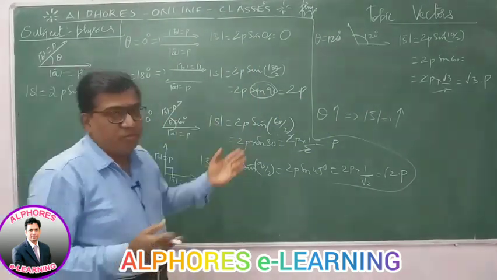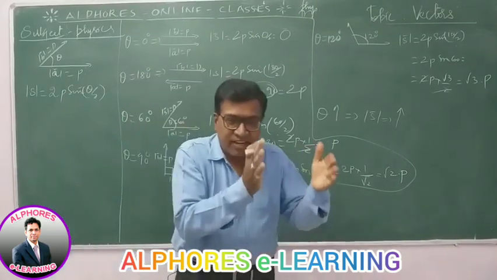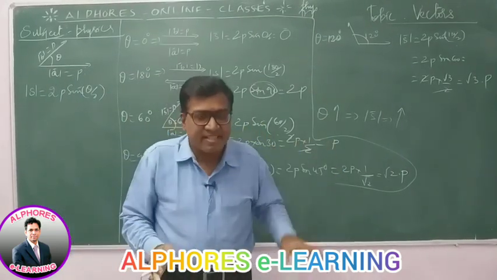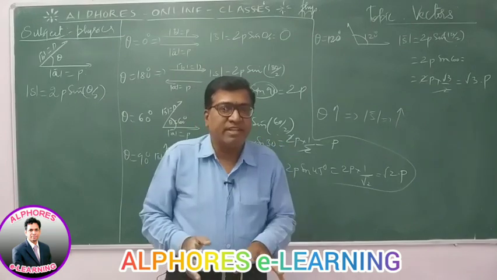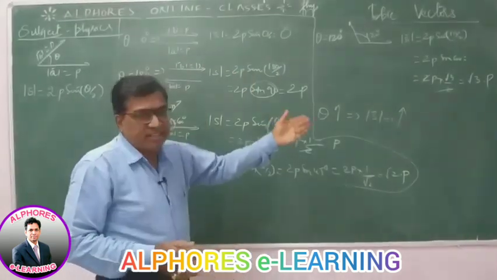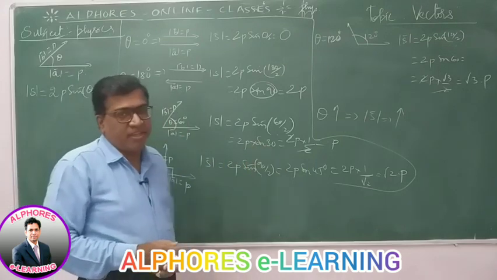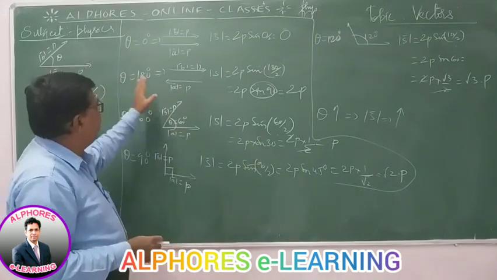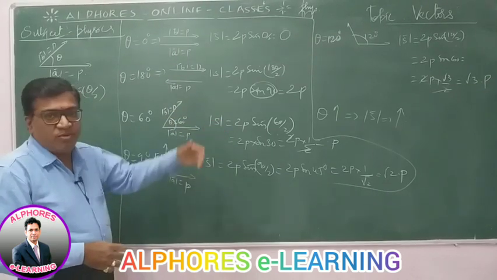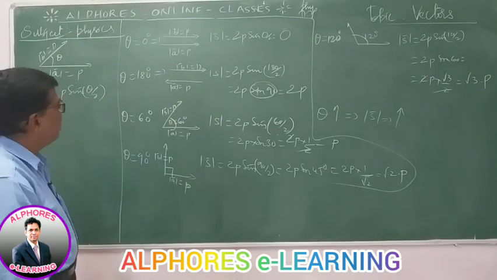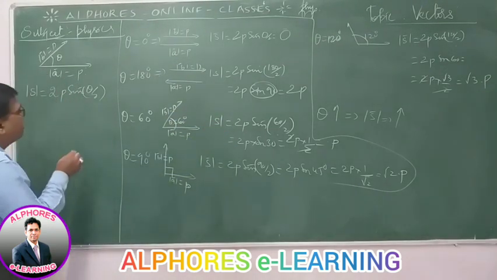So, please make a table with the addition resultant and subtraction resultant for various angles. Then you can write down the table and check the comparison. That way the subtraction and addition resultants can be compared, and for various cases the subtraction result can be deduced in this manner. Now, coming to the direction of the resultant.